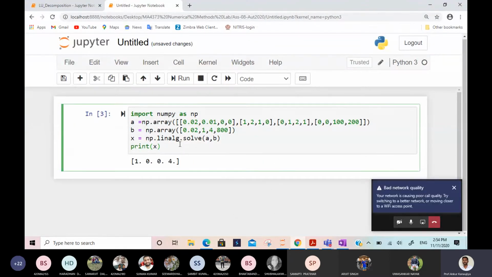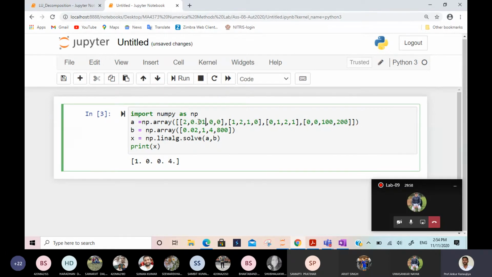So now we'll see how to find the maximum first. Then we will see how to interchange the row. If we know these two things, then we can do this partial pivoting. So instead of this, I am just taking here as a 2 and here as a 1. And I am printing X, I will show.